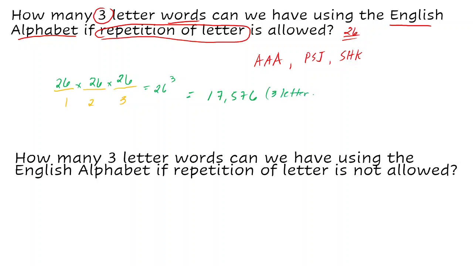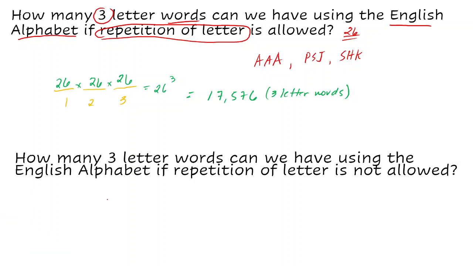three-letter words. Ayan. Sagot natin ay 17,576. So, yung next problem natin, how many three-letter words can we have using the English alphabet pa din, but